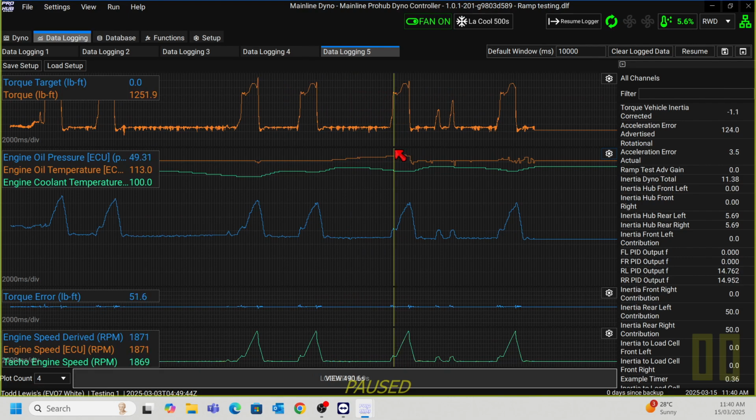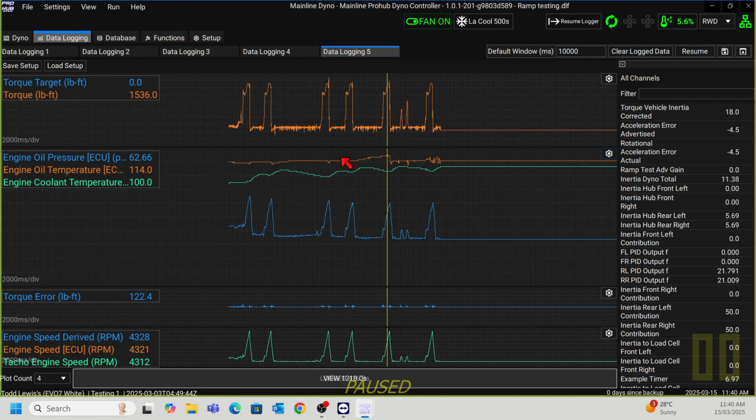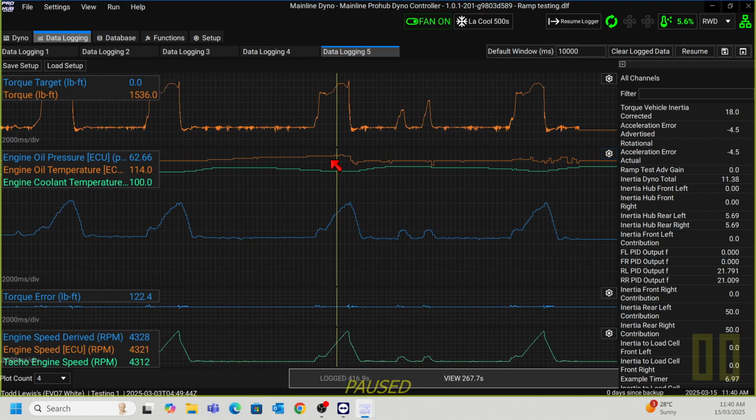Once again, oil pressure peaks up to about 50 psi there, and the oil temperature is up to 114. I regularly see over 120. Once again, we do lots of testing on that car, so that's all